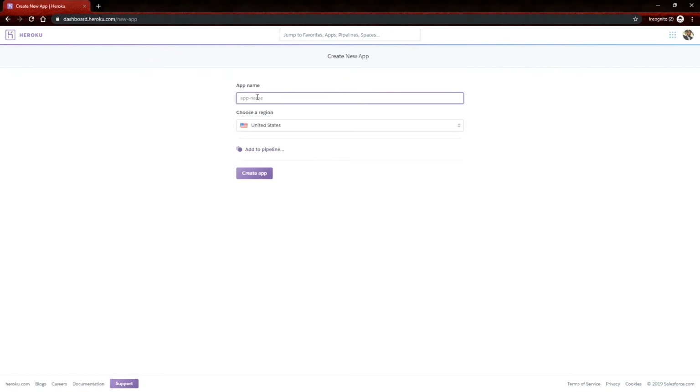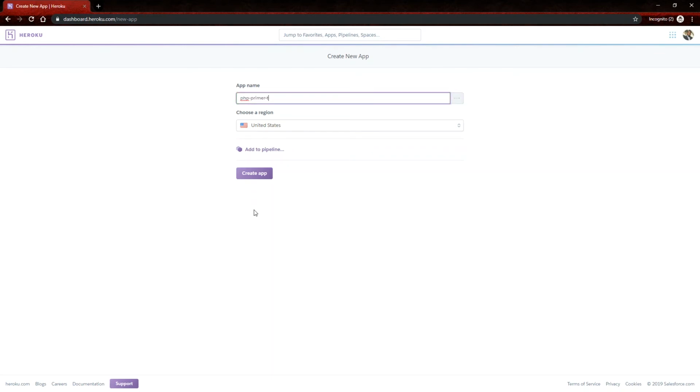Next, you want to give your app a name. And the thing is that for the free use of Heroku, you're going to get a subdomain, meaning whatever your app name is, .herokuapp.com. So in other words, you can't use the exact app name I'm going to use here, and I'm just going to use an app name that I think doesn't exist already. So your app name needs to be unique. What you can do to probably personalize it is put your name on it. So I'm just going to say